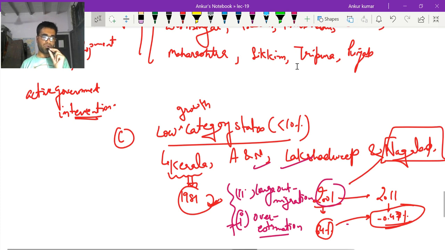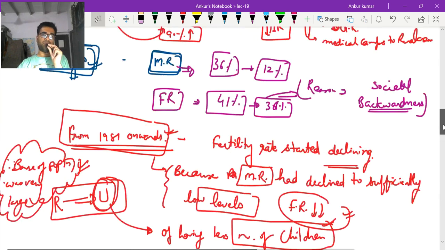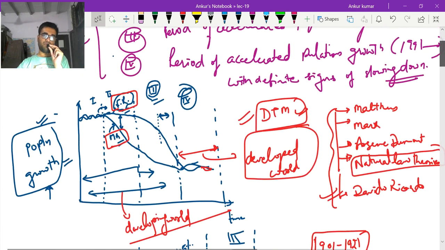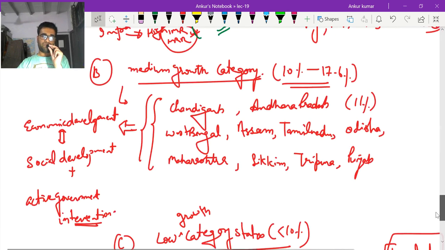One uniform policy cannot suit Uttar Pradesh as well as Ladakh or Lakshadweep. So this is the situation here, and this was the first topic, the analysis of the population of India, that is, how Indian population is distributed and how it has grown in space and time. Okay,